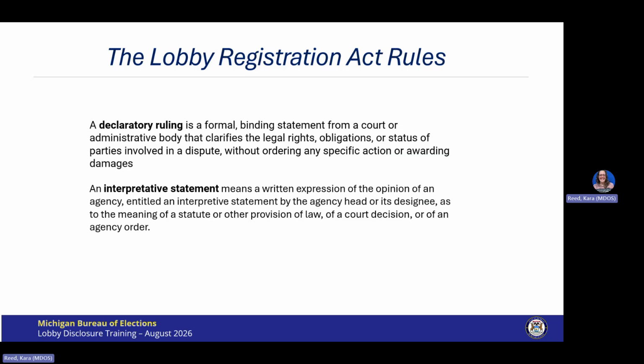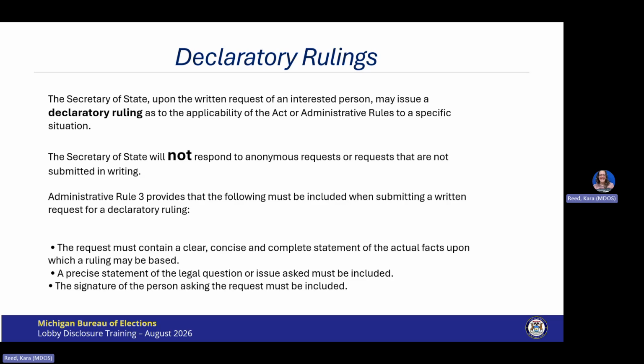The Department of State responds to questions regarding the application of the Act by two methods. First, a declaratory ruling or an interpretative statement. These are not often used, so we are going to go over the process and make sure everyone knows how to use it. The most formal procedure is a declaratory ruling. A declaratory ruling is issued when a request for a ruling concerns a specific factual situation. The request is made by a person who is directly affected by the ruling.